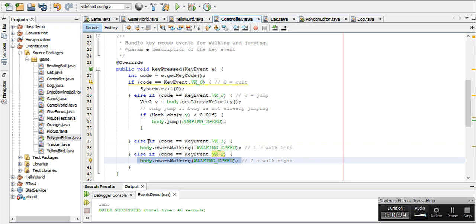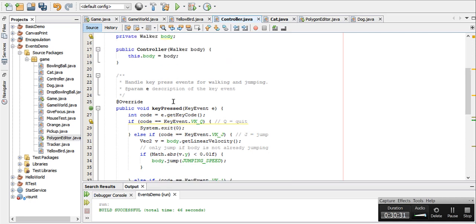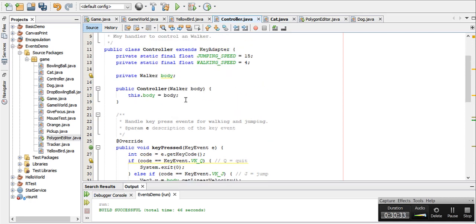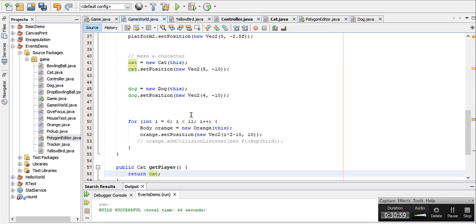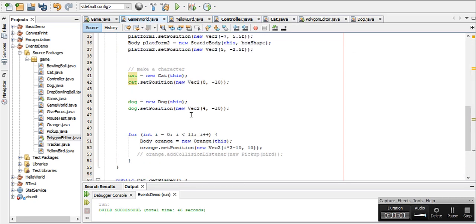And we want this particular body to refer to our cat. You notice that we set the body within the controller's constructor. So you have this body field or variable here, and you set it to whatever you send into the controller. Now let's see where we build or where we construct this controller object. If we go into game,